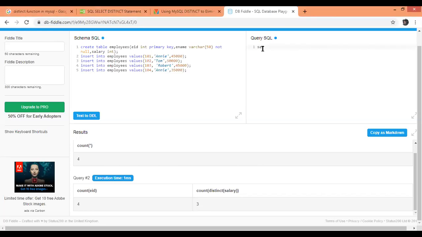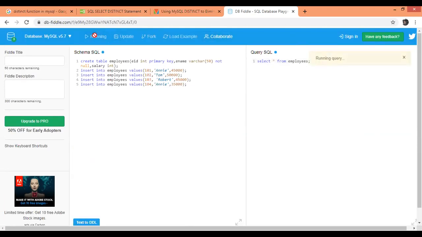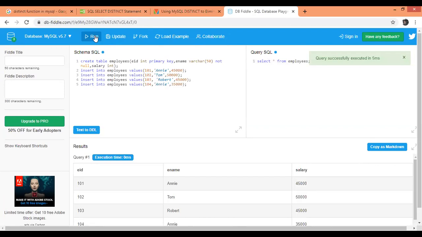Now I display the table to see how it looks. I'll run the query. You can now see 101 Annie 45,000, 102 Tom 50,000. The entire table is displayed below in tabular format, as we have already inserted the values.